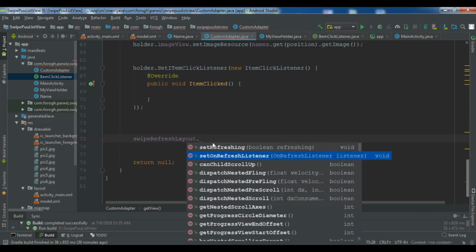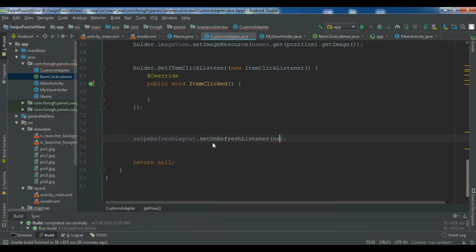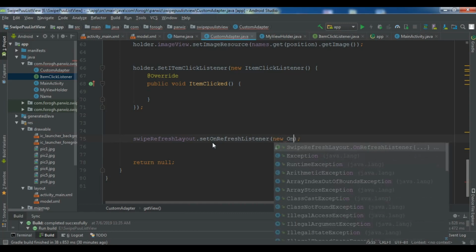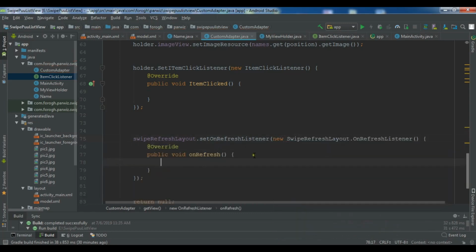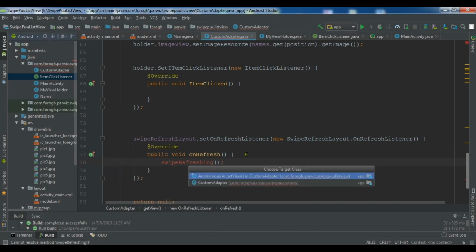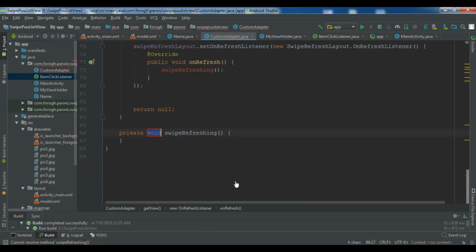And in here you need to do your swipe refresh layout dot set on refresh listener, new on swipe refresh layout listener. So now in here let me create a method, on refresh, and we want to do refreshing in this method. Okay,